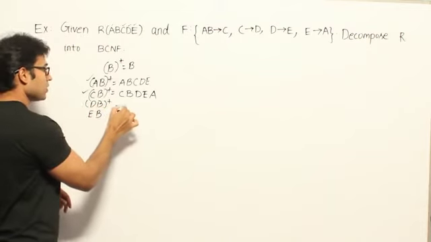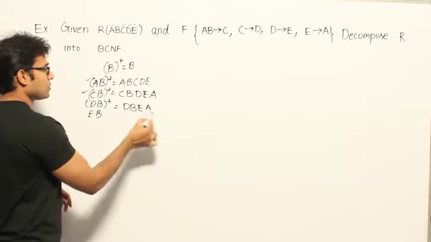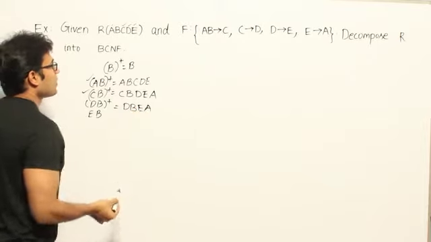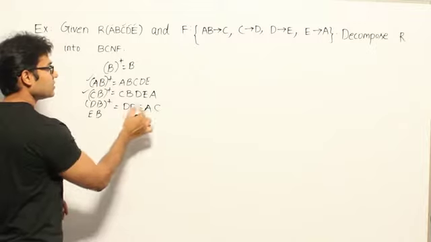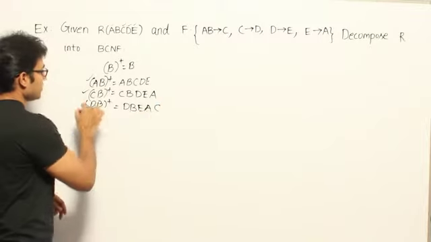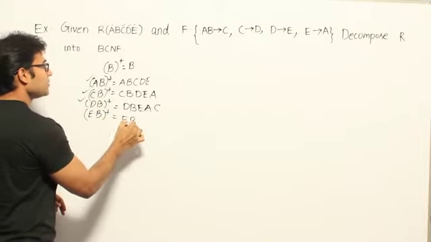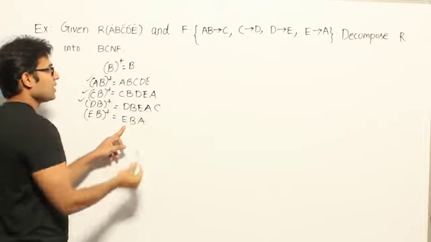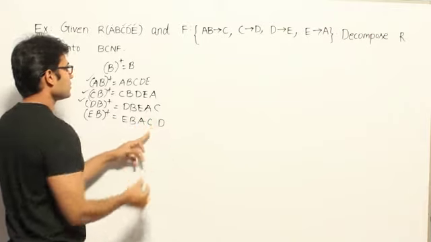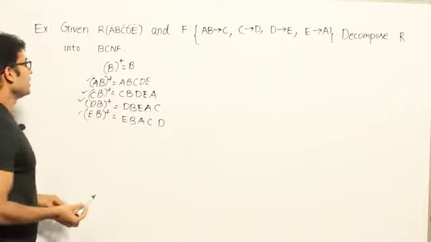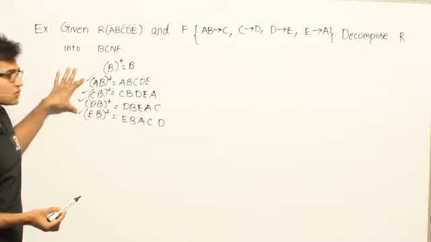What about DB? Because of DB I get DB, and because of D I get E, because of E I get A, and then I cannot get C, is it? Yeah, because of AB I can get C, isn't it? AB is here and AB is there, so I got C. I got everything. So DB can also be a candidate key. Now what about EB? If I find out EB plus, I am going to get EB, and because of E I get A, and because of AB I get C, because of C I get D. So I got everything. So it too can be a candidate key. So all these possibilities gave candidate keys.